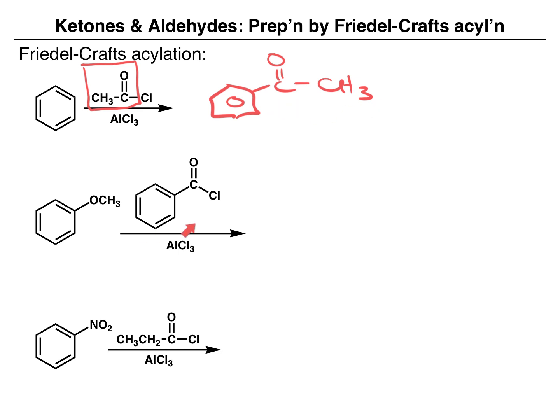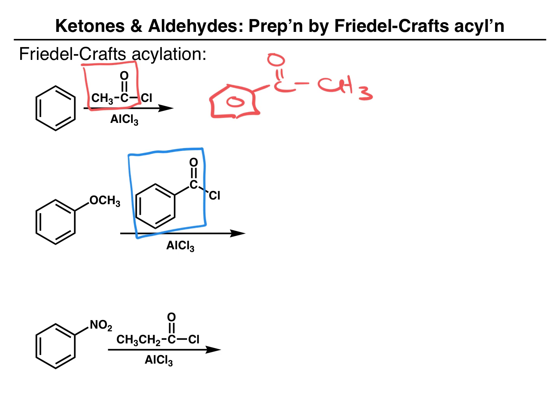In our next example, we have a different acid chloride. We're still reacting it along with aluminum trichloride, but this time we're starting out with a substituted benzene. So there are a few things we need to keep in mind when we are trying to carry out a Friedel-Crafts acylation on a substituted ring. One thing to consider is the acid chloride. And so remember that this is the piece that is going to become connected to the benzene. Another thing we have to